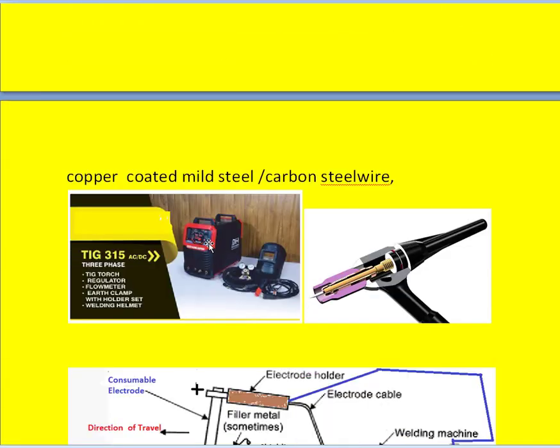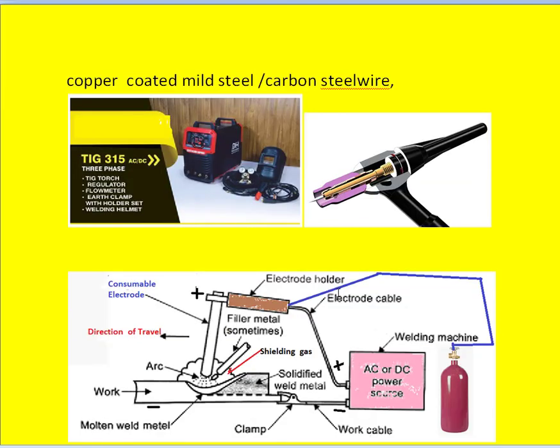And this is the battery available, that is the DC supply. It has the positive terminal and negative terminal, and this is the electrode holder. Through this holder the wire electrode will come out, and surrounding this electrode there is gas called argon gas or inert gas. The purpose of this inert gas is to keep the molten metal of the base metal away from contamination, oxidation, etc.